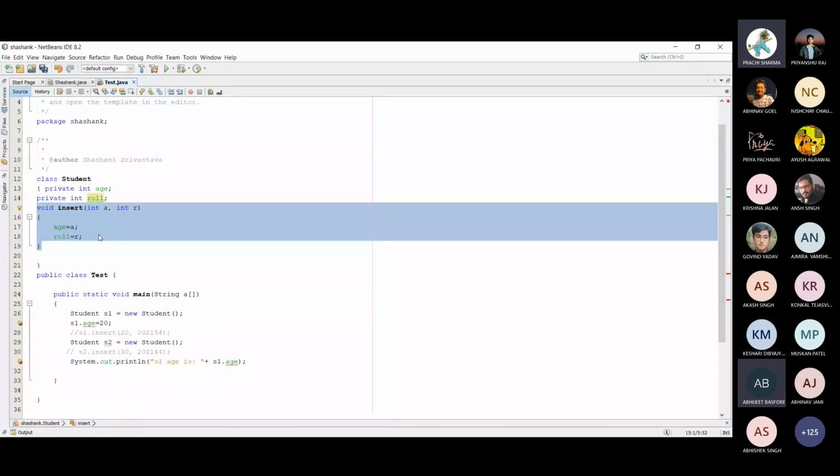The method should be public because data is sensitive rather than the method. So you cannot directly manipulate the data. In order to manipulate the data, you need to call the method which is designed by the programmer. According to the programmer, you can modify and play with data. But if you are able to access data directly without a method, you can play with data in that case. So in this way, data hiding can be achieved.